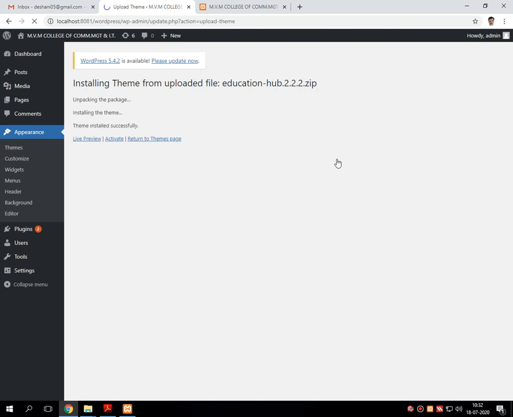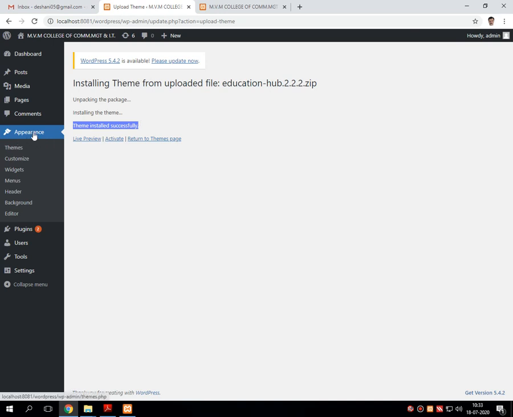Wait for a few moments. There will be a message on the screen: installing theme from upload file, the name of the file that I have uploaded, unpacking the package, installing the theme, and within a few seconds your theme gets installed successfully.